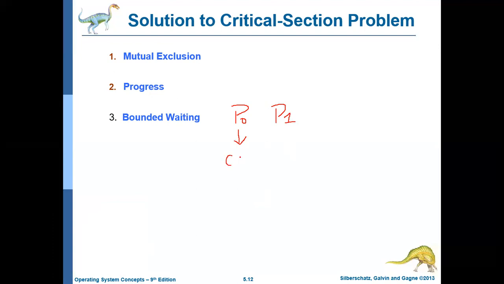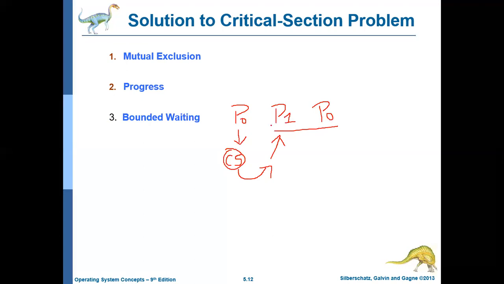It enters the critical section, which I'll call CS, and then it comes out. After coming out, P0 once again wants the critical section. So now again P0 wants and P1 wants. Now the algorithm should ensure that the critical section, the second time, goes to P1. It should not be immediately given again to P0.